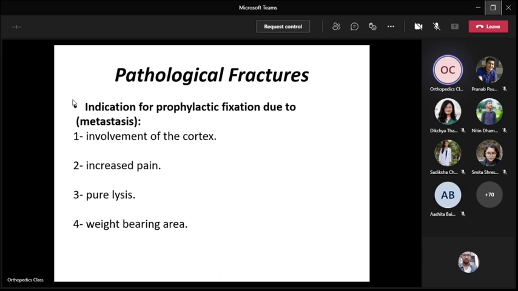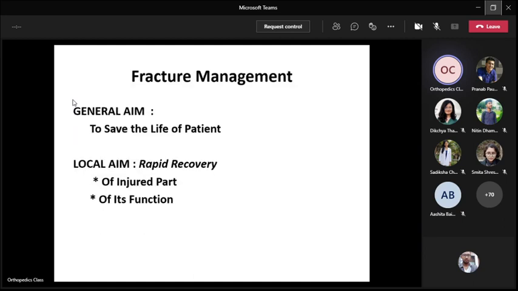So the indications are again that will be discussed in the next chapter. Fracture management is always, the general aim is to save the life of the patient. Once you have saved the life, fracture is never an emergency. First is always to save the life of the patient. Once you have saved the life of the patient, then you go for the local examination, local diagnosis and treatment